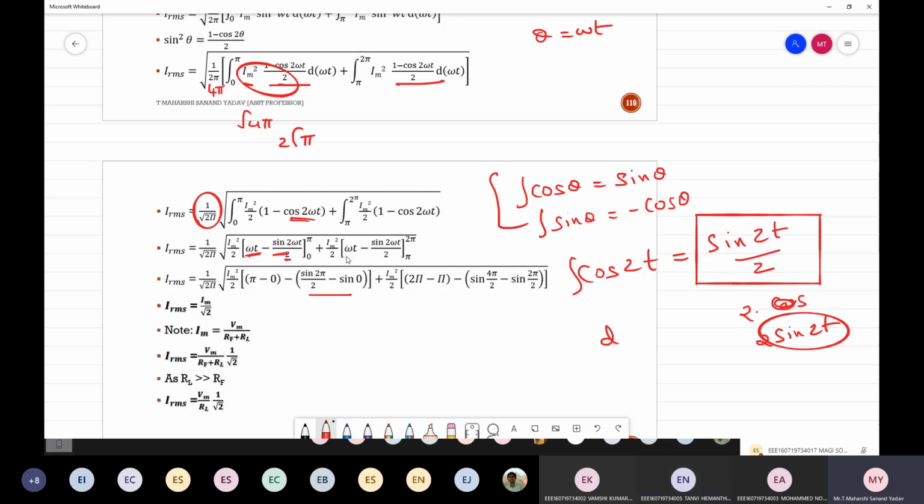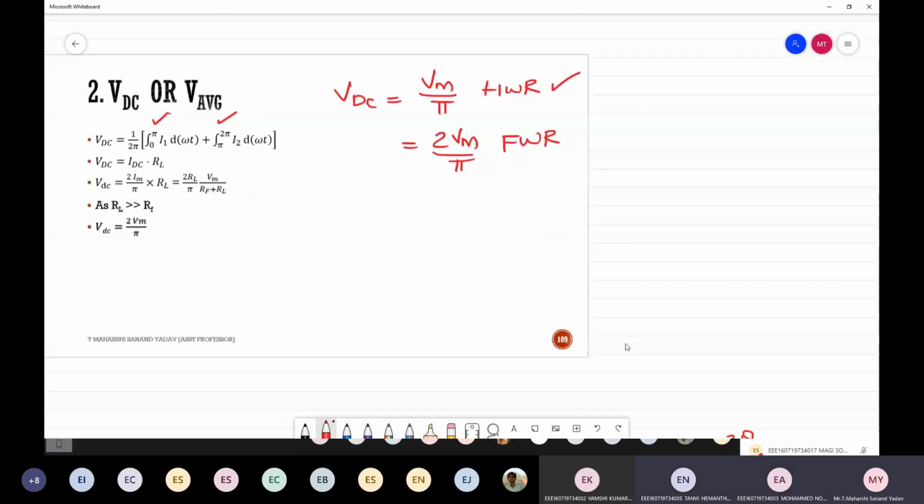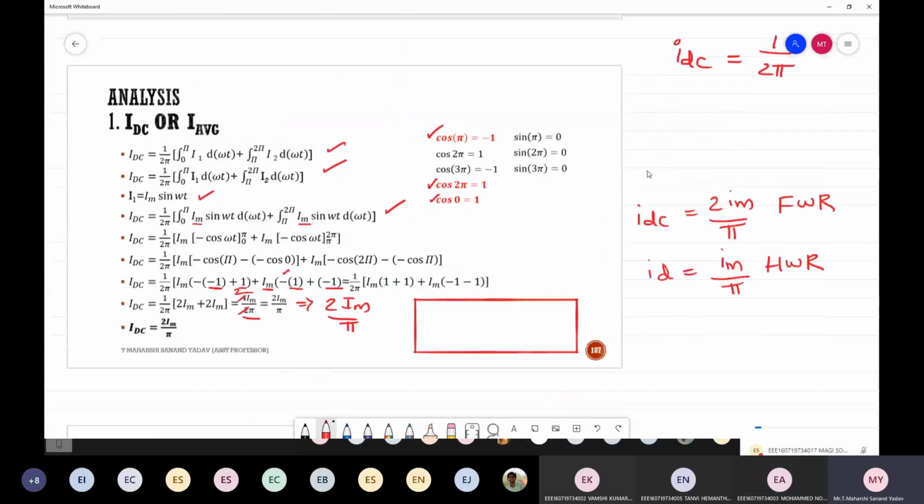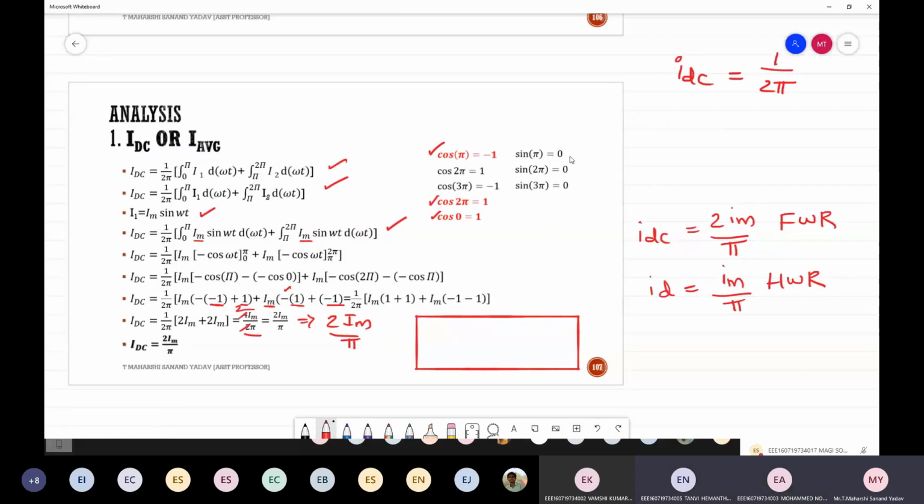I got this. Next again, here 2 pi minus pi. Minus of cos 2 into 2 pi, which is nothing but 4 pi by 2, minus sine 2 pi by 2. Okay, what is the value of sine pi, sine 2 pi? Values of sine. Better while solving this, you make use of a calci. See here, sine pi is 0, sine 2 pi is 0, sine 3 pi is 0. So simply sine n pi is nothing but 0. n can be anything, 1 and so on.